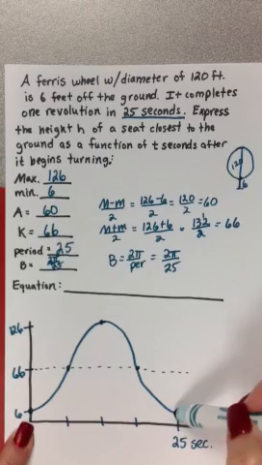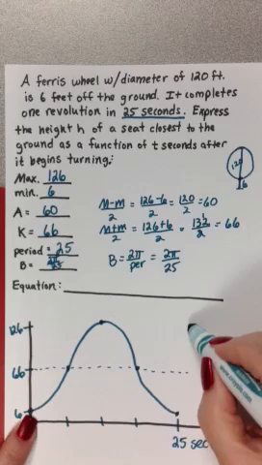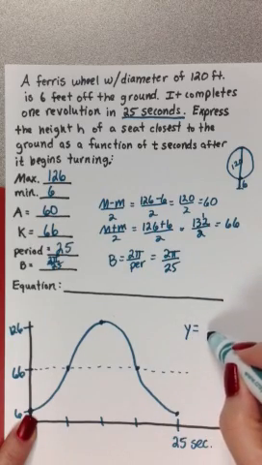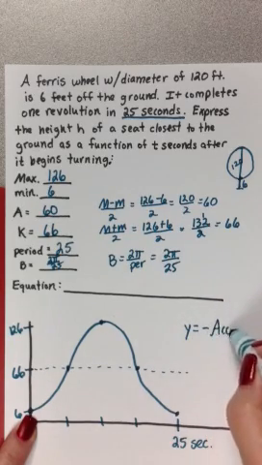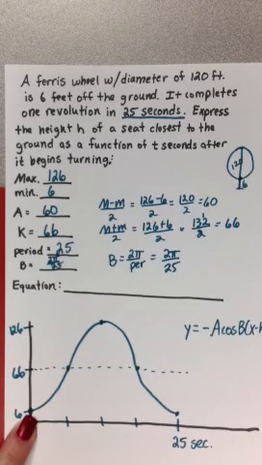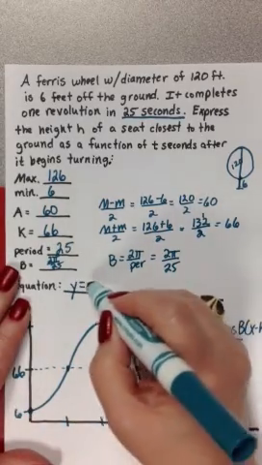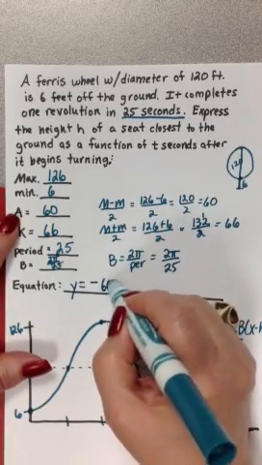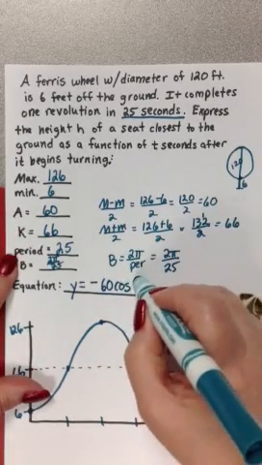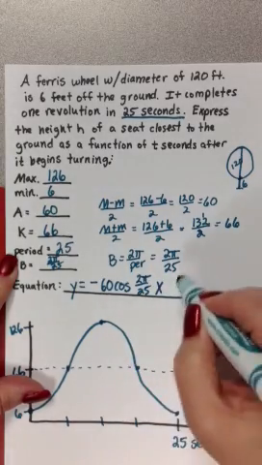I like to do the graph before I write the equation because it helps me to decide what to write. Since it starts at the bottom, I'm going to call it a negative cosine curve. So it kind of has a generic form of y is equal to negative A cosine B times x minus h plus k. There's no horizontal shift because I called it negative cosine, and I think I know all the other letters. I know A, and I know B, and I know K. So I could rewrite this as y is equal to negative, and we said A was 60, so negative 60 cosine. B is 2 pi over 25, and I'm going to say x, and then plus K, so we'll say